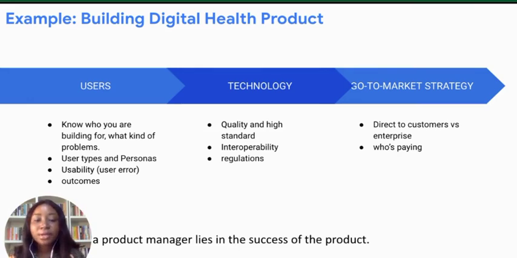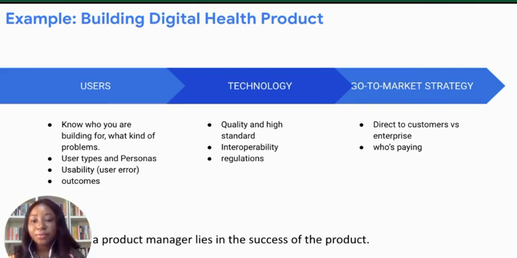An enterprise thing means that, for example, I have a digital health app, and I, as a patient, come on board and I see the different health institutions that are registered on the platform, and I try to choose which of the health institutions I want to attend to me. Or direct to customers, in the sense that I just come directly, then I'm able to book an appointment with a doctor, not even knowing which of the health institutions the doctor is working in. So these are go-to-market strategies that you would want to really put into consideration when you are building a digital health product.